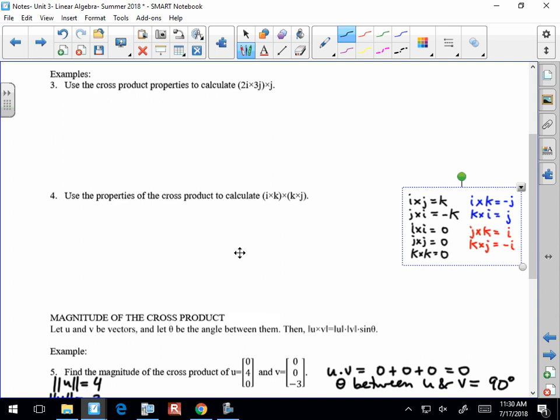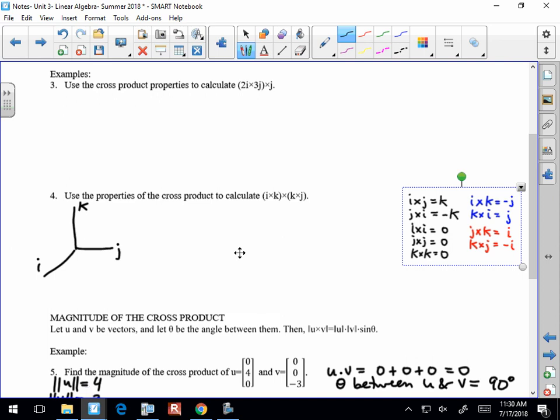But if I'm looking for i cross k, that's the x-axis against the z-axis. Right? So if you were to just imagine, I guess I could just do a quick sketch. I don't think you really need pipes in order to figure this out, but the idea is that